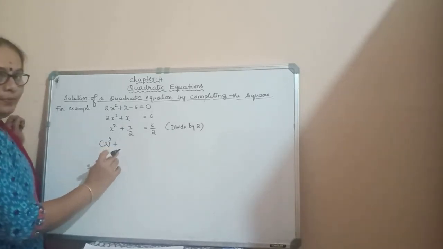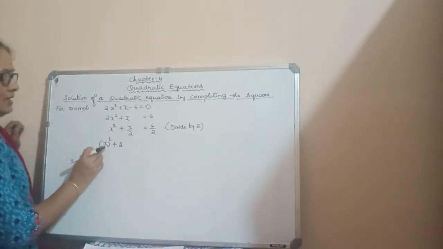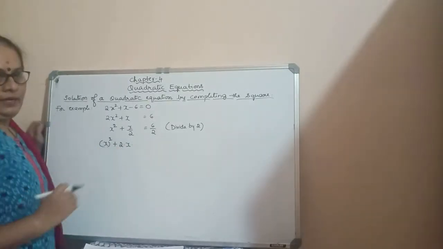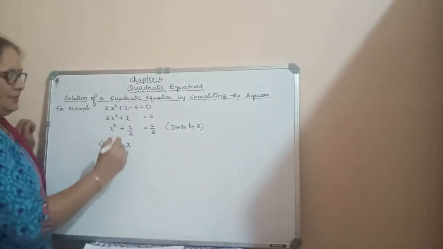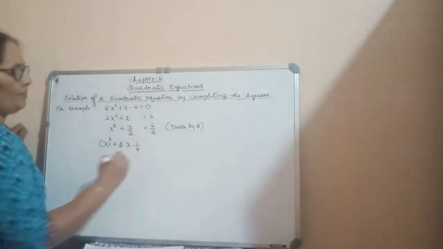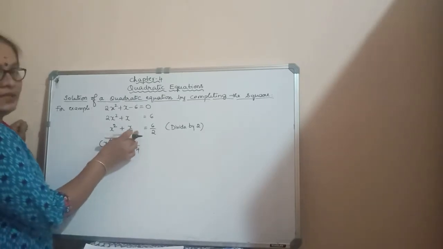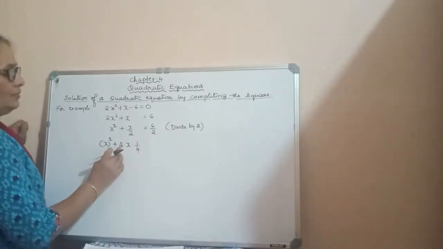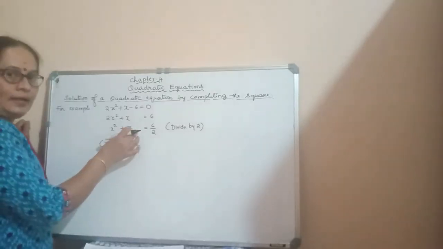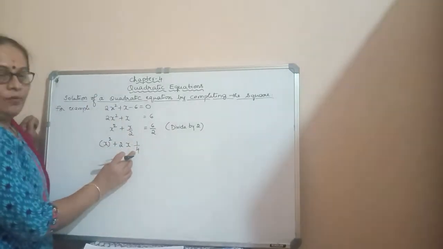Again it is in the form of 2ab that you have to write. So 2 is constant. What is a here? x. Then what will b be here? b is 1 by 4, because if you take 1 by 4, then you will get the same term over here. See here, 2 1s are 2, 2 2s are... you will get x by 2. You must not change the value of this equation. Understood? So therefore, here b will be 1 by 4.